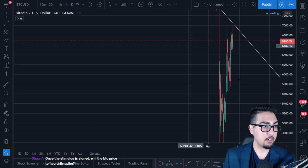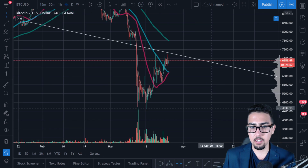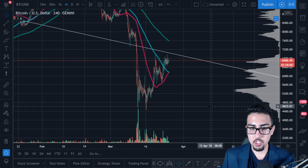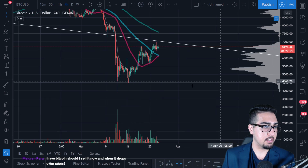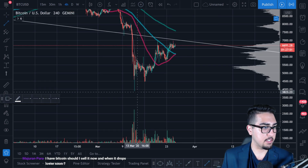If we were to look at a macro version, I think that would be an interesting thing to look at here. Shaw says, once the stimulus is signed, will BTC price temporarily spike? No, I think that's already priced in. The stimulus was already approved by the Senate. Now we just have to wait for